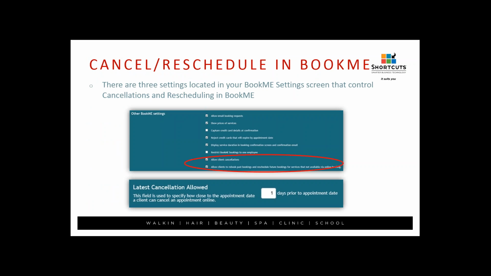So first of all, let's have a look at clients cancelling and rescheduling through BookME. There are 3 settings in your BookME settings area of the Smart Console that control cancellations and rescheduling of BookME. Under the other BookME settings, you've got first of all whether you want to allow clients to actually cancel bookings. And then underneath here you'll see you've also got how many days prior to the date are they able to cancel an appointment. So maybe 1 or 2 days prior is fine, you may wish to do more. The other option you've got here is to allow clients to rebook past appointments and reschedule future appointments. If you tick that option,